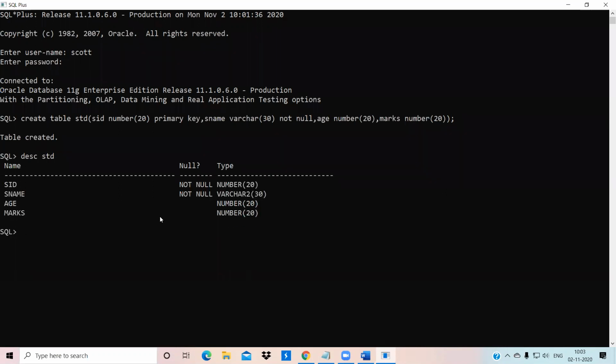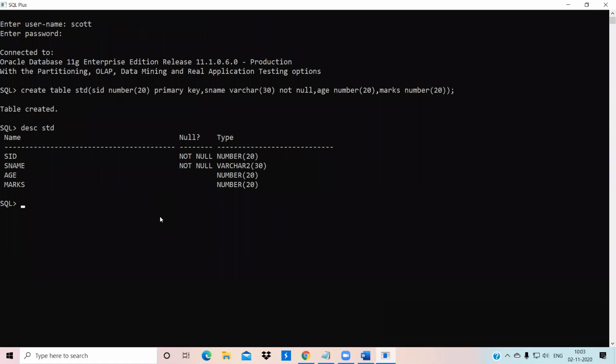You can check here. This is the table that has been created by us. It has SID as the primary key, SNAME, age and marks.